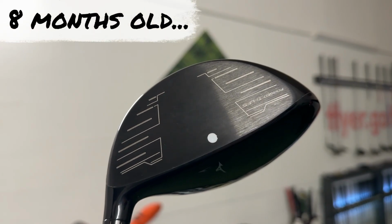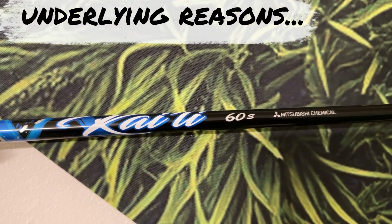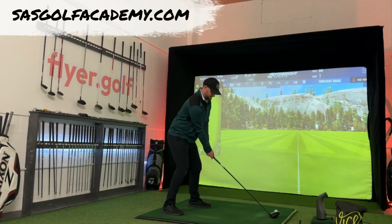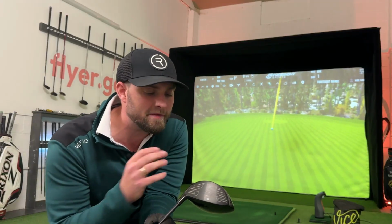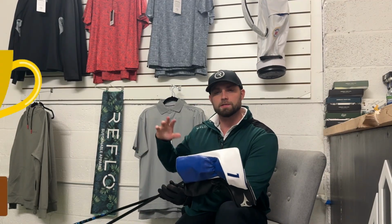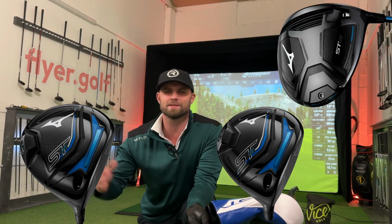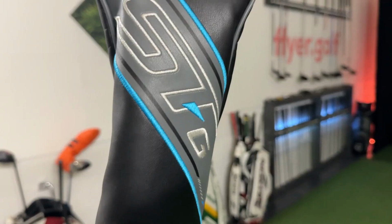I'm not surprised these Mizuno drivers are already being panic sold. However, let me explain why this could all be very good news for some of you watching. Without a shadow of a doubt, Mizuno gets the award for the most confusing lineup year after year. STX, STZ, 220, 230, 200, the list goes on, and I want to help you in this video navigate the